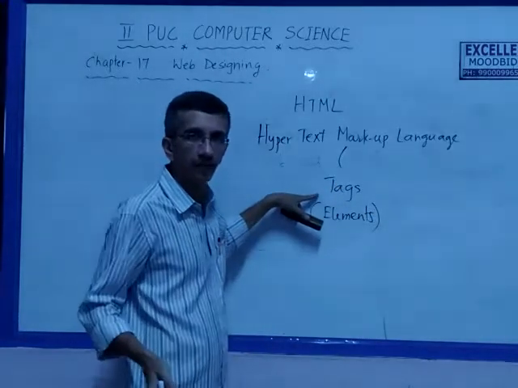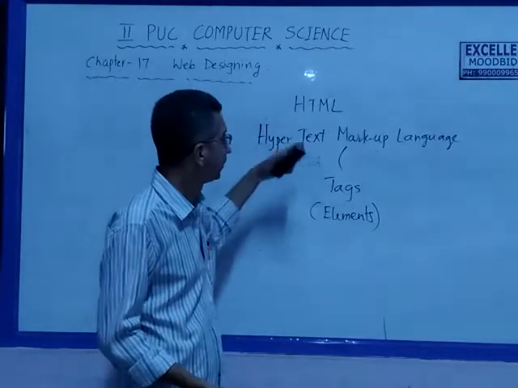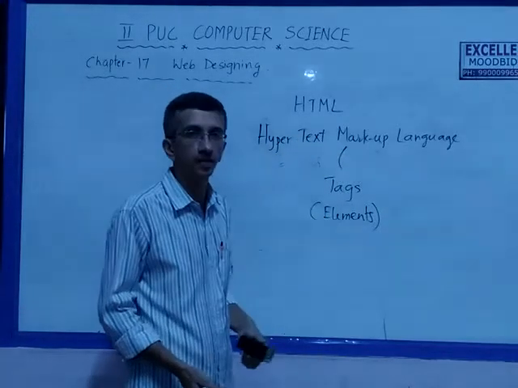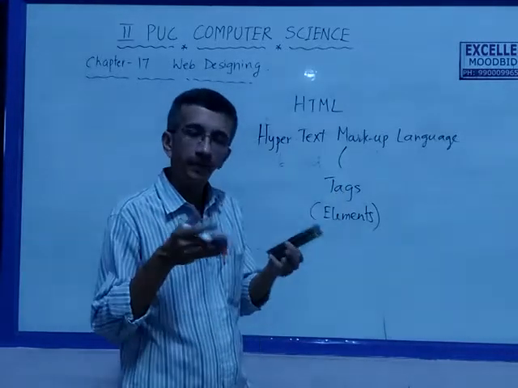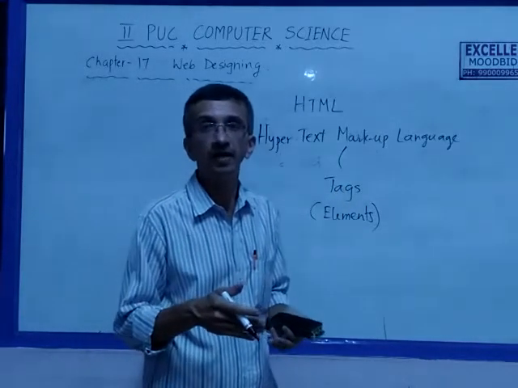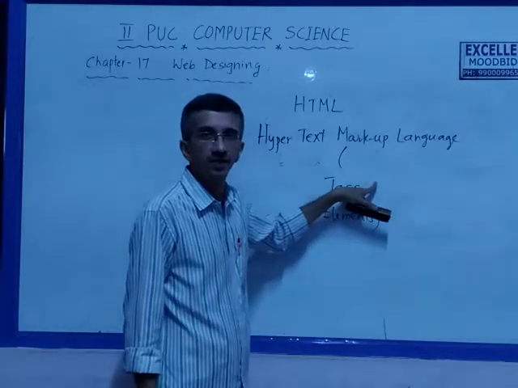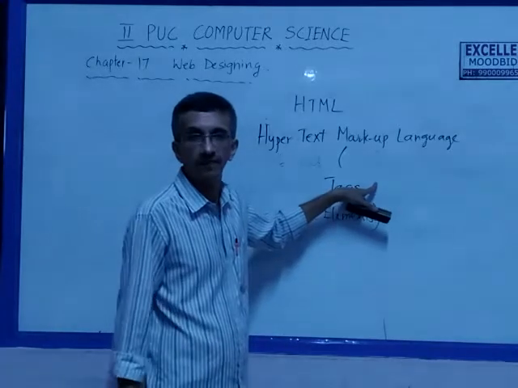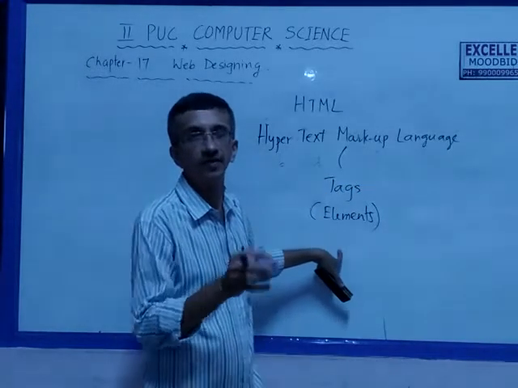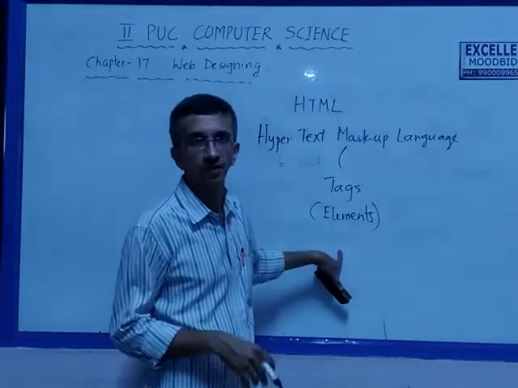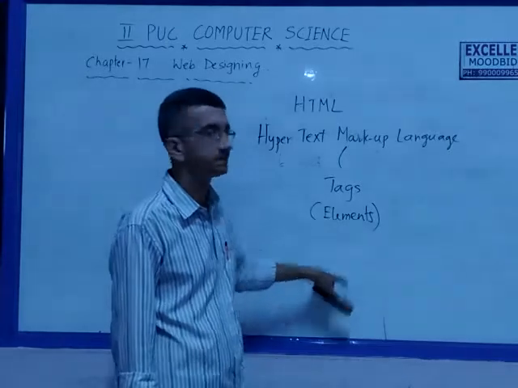So we write a page using various tags to present the content. These are also called elements. That is why it is called hypertext markup language, using which we identify, format, and prepare the text so that it will be displayed in a browser. The browser understands HTML through its interpreter. Whatever text we write will be interpreted as the content shown on a browser. All the popular browsers understand HTML.